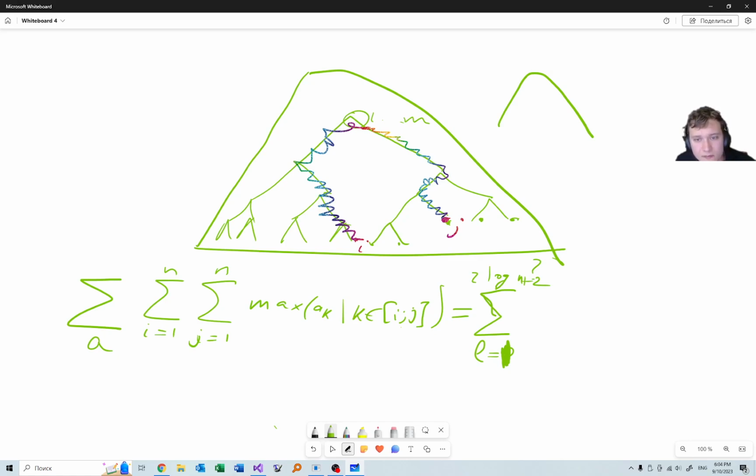Then we consider the number of paths of length L and multiply it by the sum over all A's of the maximum of some L numbers. So the sum over L from 1 to infinity of NL